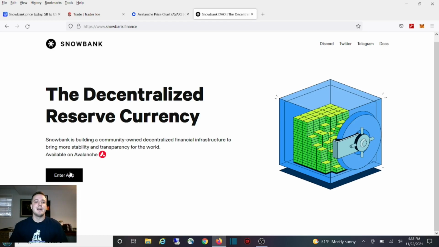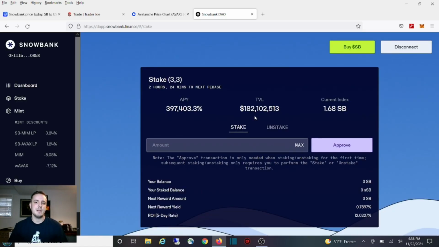If you enter the app, Snowbank's APY percentage right now is absurd, like astronomical. It's almost 400,000%, which is just crazy. But like I said, you've got to take risk, and this could be a complete rug pull. This could come back to bite me, but I'm only going to put in a little bit. I've been thinking about it. If it does end up being legitimate long term, then I've made some significant gains, and I can't be